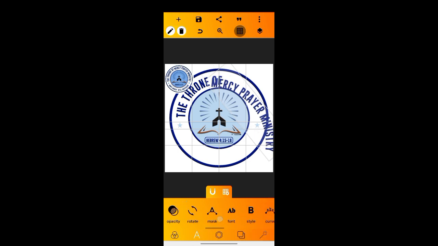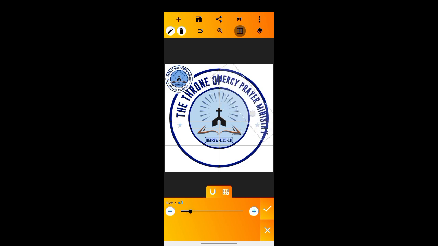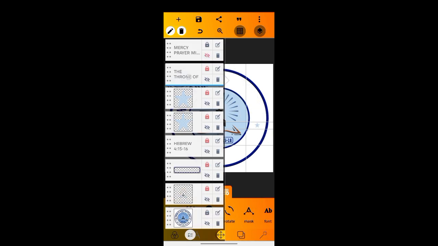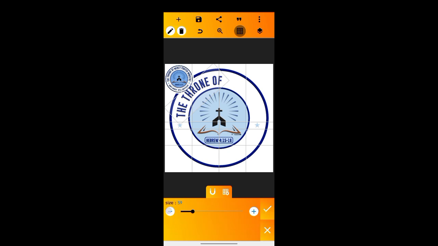So first thing, you just have to reduce the size a bit. Let's make it 50. 50 is a good number. We are still going to reduce the throne of. Okay, let's hide this first and reduce this to 50 so we can have a good work. To 50. Okay, so